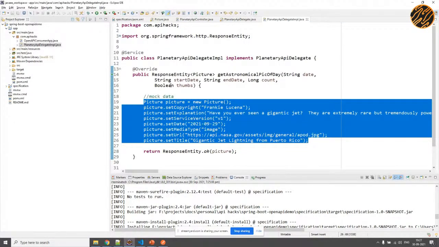This kind of data is mock data, where you can set some static values, so that the client can actually try consuming it and check whether everything is fine and whether the API is getting called. So this is how one can start to mock this kind of data, and you can even go about writing certain business logic. Of course, the business logic is something that the plugin would not generate for you. So if you have certain business logic, you would need to write your own, because the plugin won't do that for you. And once you write the business logic and set the data, you can return the result back to the client.